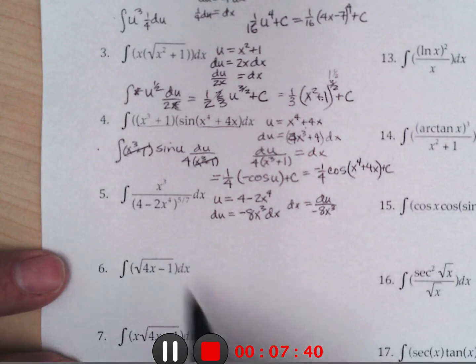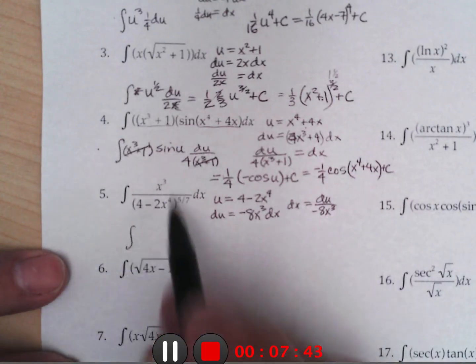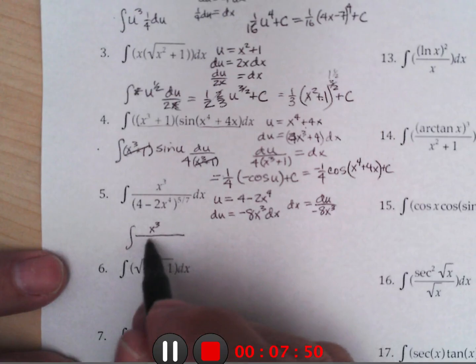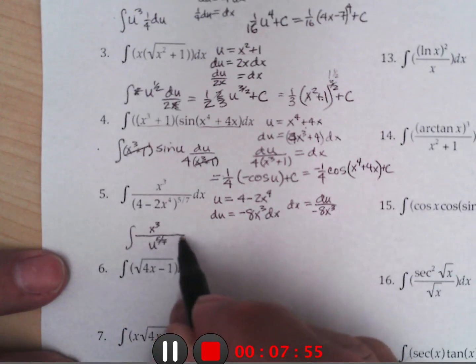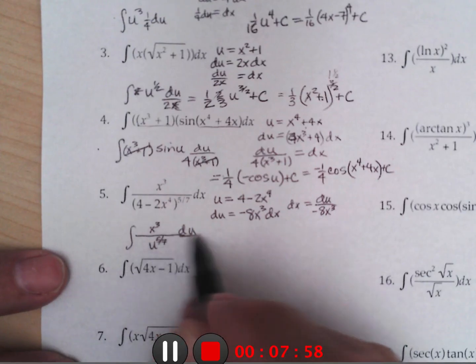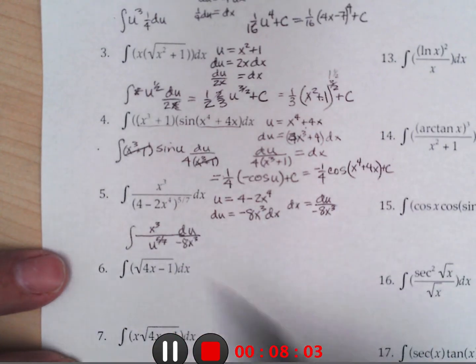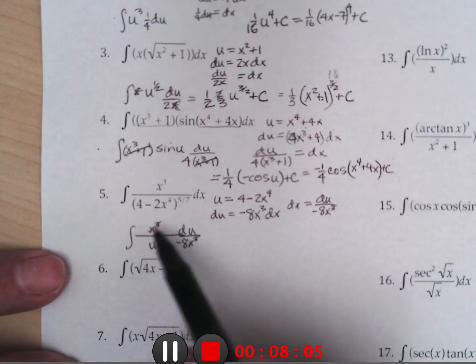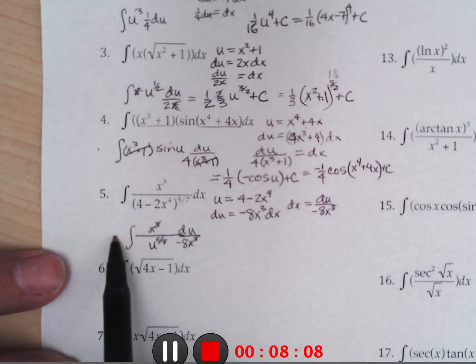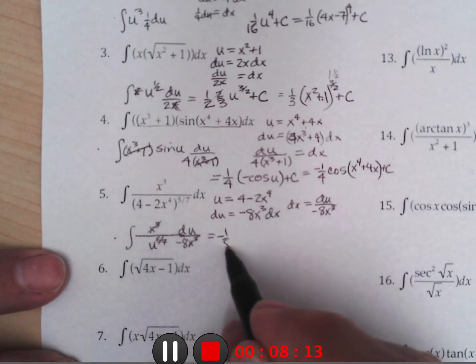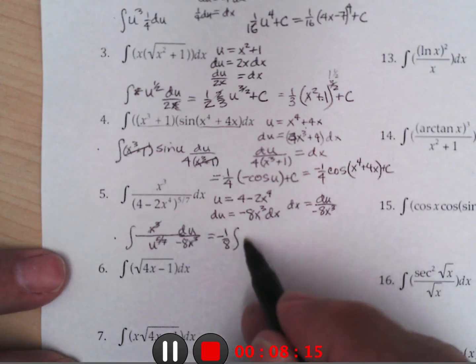So this integral becomes x to the third. I know that's going to cancel, so I'm leaving that alone. And this is u, so it's going to be u to the 5/7 and du over negative 8x to the third. My x to the thirds cancel, so I get negative 1/8 on the outside, and this just becomes, let's write this, negative 1/8, the integral of u to the negative 5/7